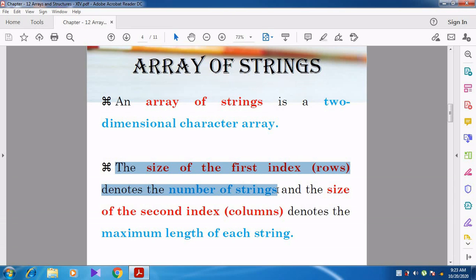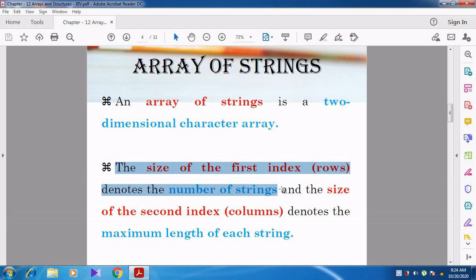If I want to store 3 strings, then I give the row size as 3. If I want to store 10 strings, then I specify 10 in the row size. So the row size denotes the number of strings.